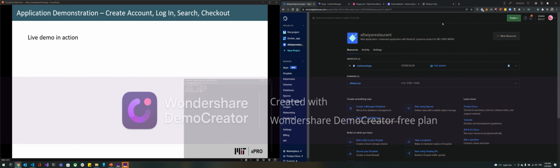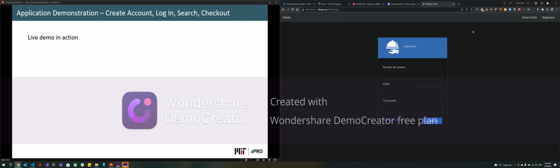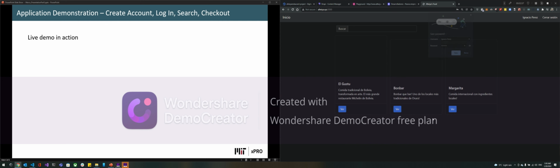So let's go to the application itself that is running here. We have three restaurants: El Gusto, Bombar, and Margarita. But first, let's register a new user. In this case, I don't know, include Ignacio Perez with an email ignacio at nacho.com with a password secret. Once the user is